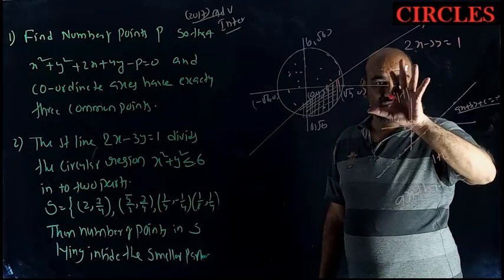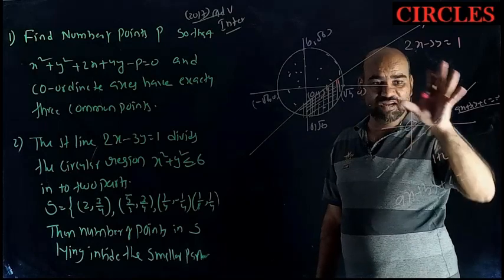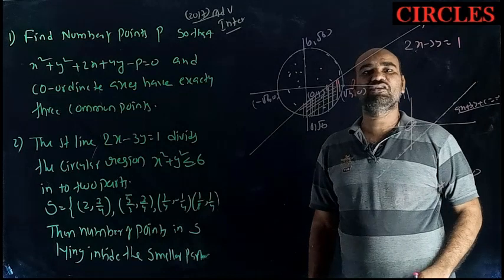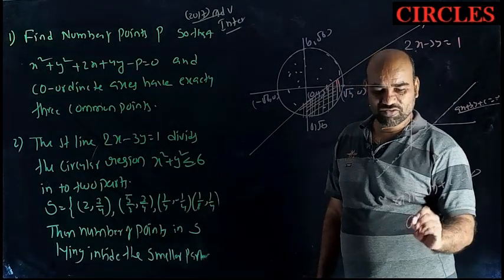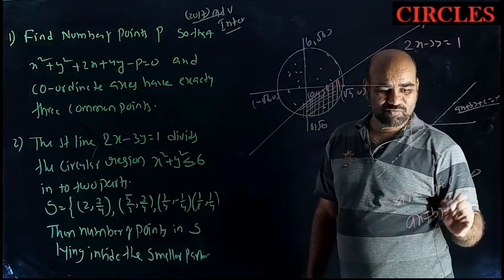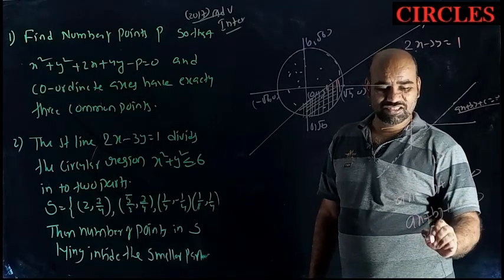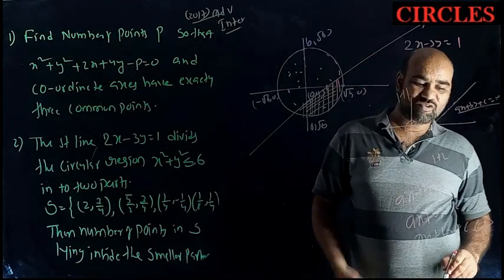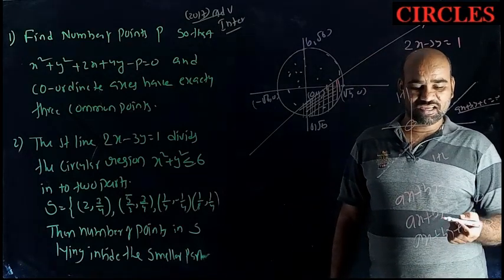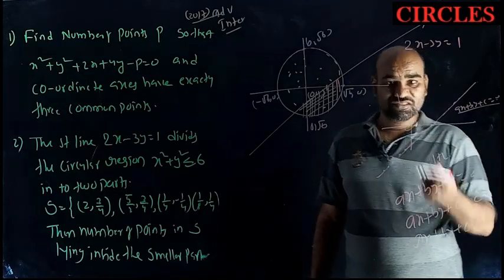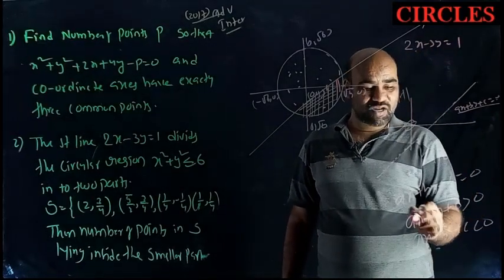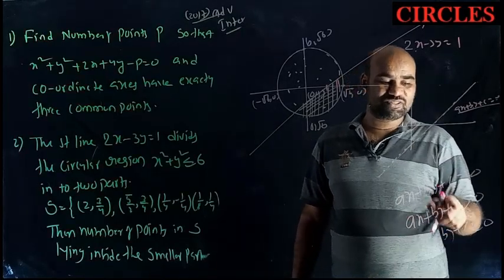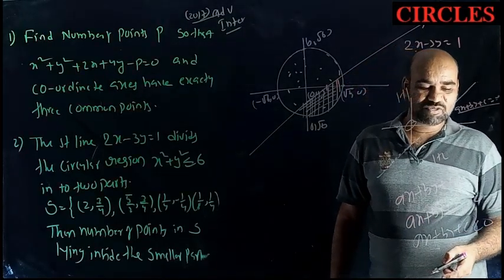Now this region and this region will be represented by two algebraic rules. We want to identify those two algebraic rules. One of them is ax plus by plus c greater than 0, and another is ax plus by plus c less than 0. Which one is for H1 depends upon the values of a, b, c only. Directly I can't say.